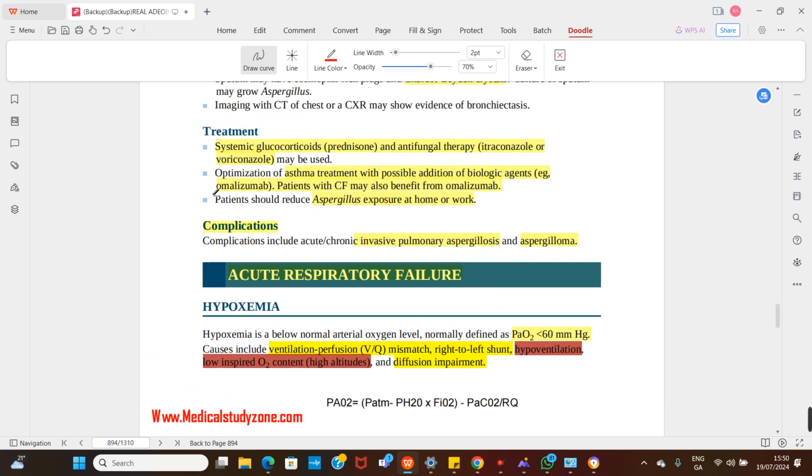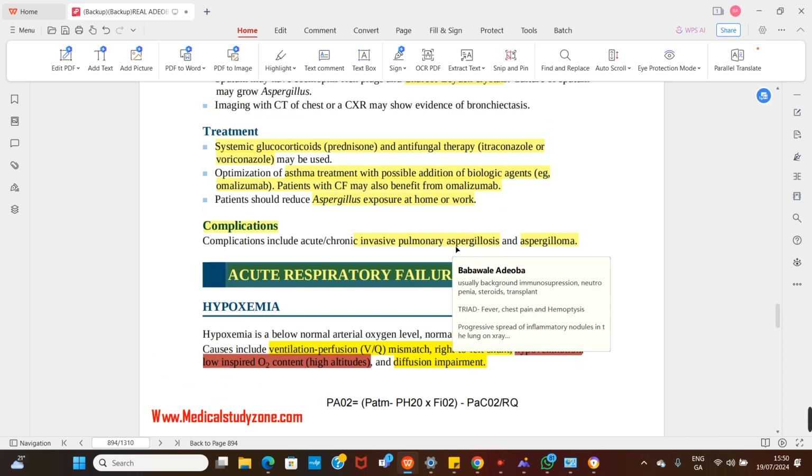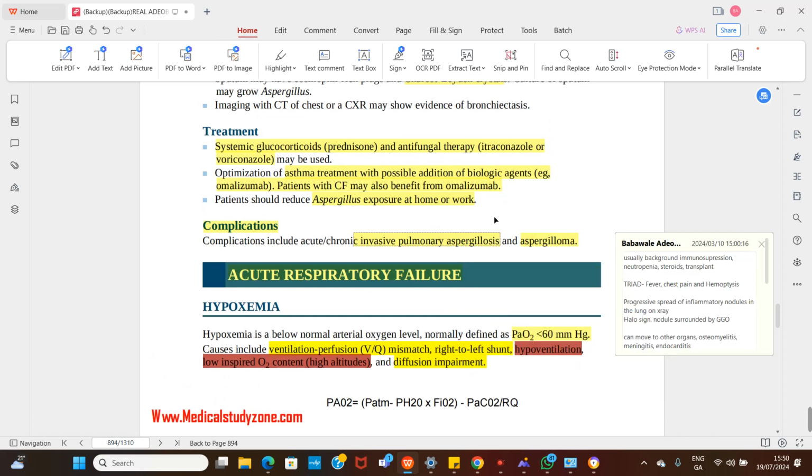Chronic invasive pulmonary aspergillosis. I think I have the note here. Yeah. So chronic invasive pulmonary aspergillosis is very common in people that has